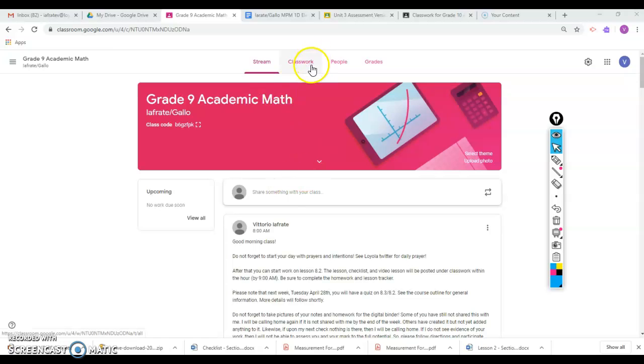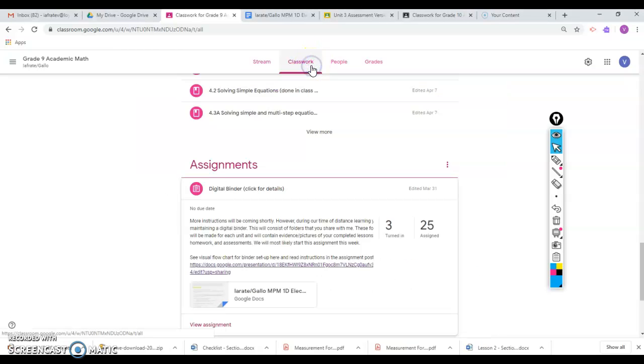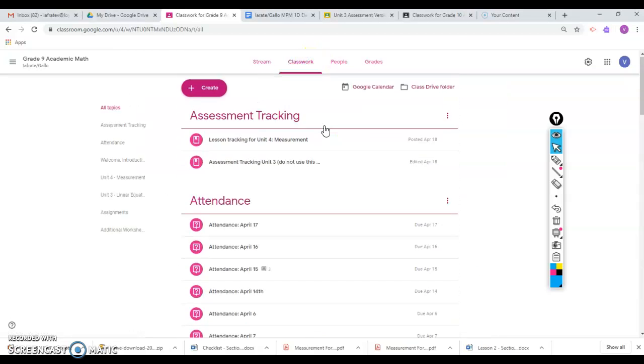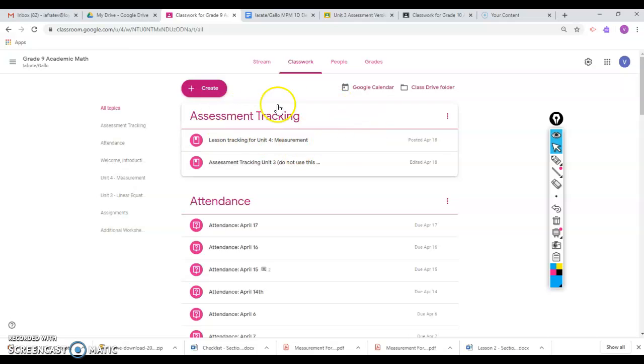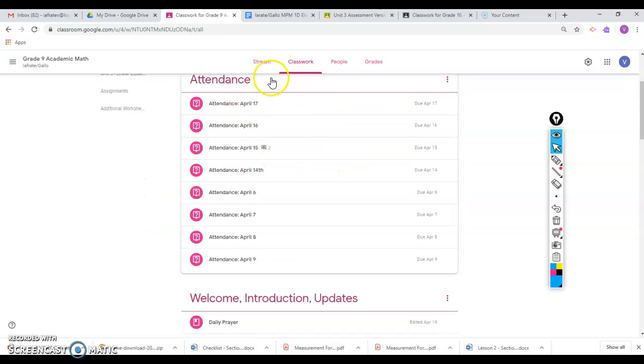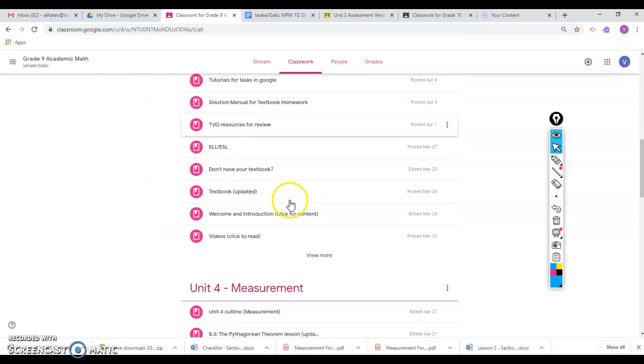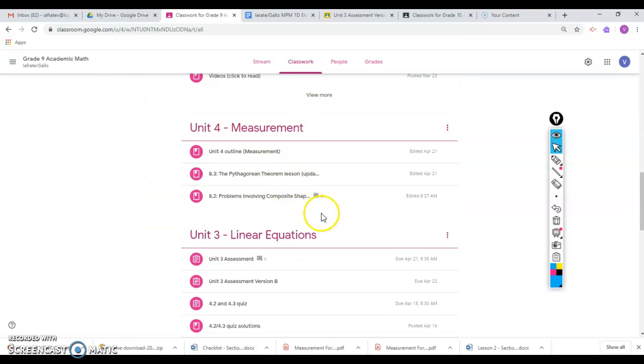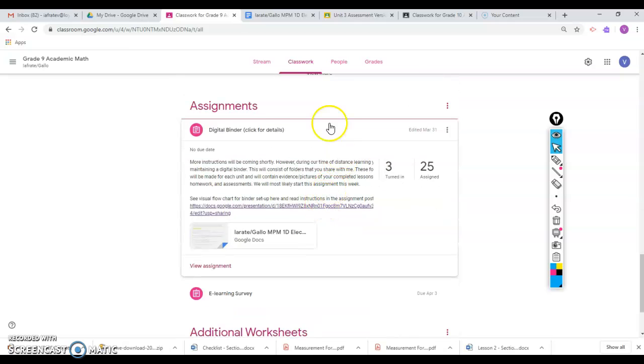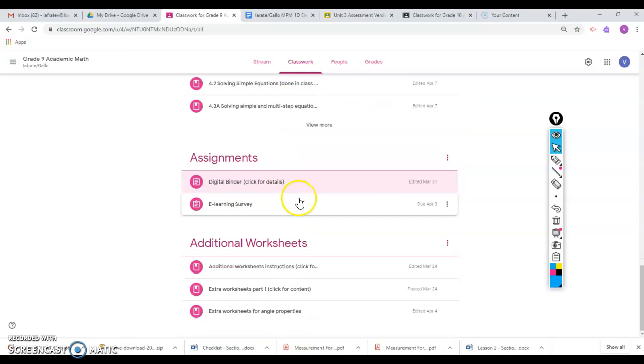So we have our stream here, we have classwork. You click on classwork, and you'll scroll through the classwork area. You'll see usually assessment tracking somewhere near the top, attendance, which we don't do, we do assessment tracking instead. You'll see some welcome, introduction, updates. You'll see the different units that we're doing as a course. You'll see assignments that are assigned, and typically under assignments, it might differ depending on the course, is where you'll